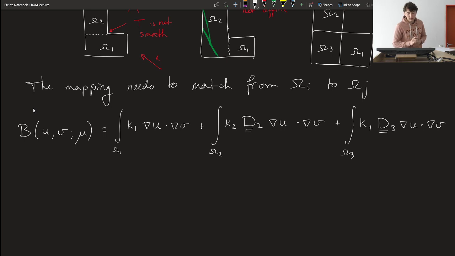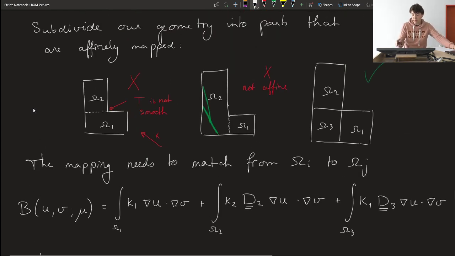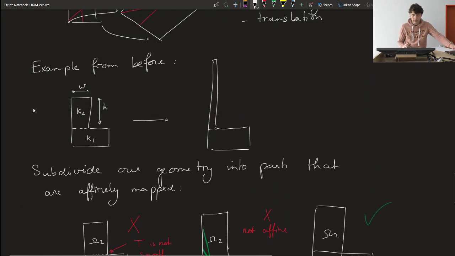So what do these new artificial diffusion tensors involve? Let's take a look at our mappings and our Jacobians in each of these situations. Let's take as example first G2. So this is an omega 2. We have an affine mapping in omega 2, which means that our mapping